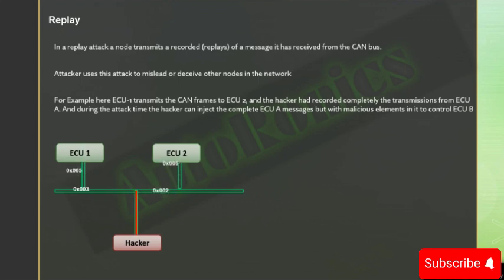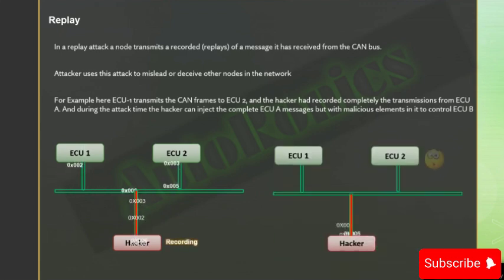But now let's say the hacker had hacked the bus, and through some tools he is able to capture all the data, recorded from starting point A to point B, which is some 20 kilometers the vehicle had driven. He had hacked the values from ECU1. There are many smart tools available in the market which can store all the elements if you define the criteria. Let's say if you wanted to record only the ECU1 messages or only the ECU2 messages, all the frequency things or maybe particular messages, all this can be shortlisted and recorded. This is at the time of recording.